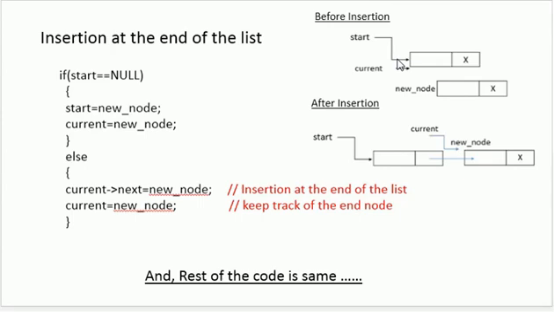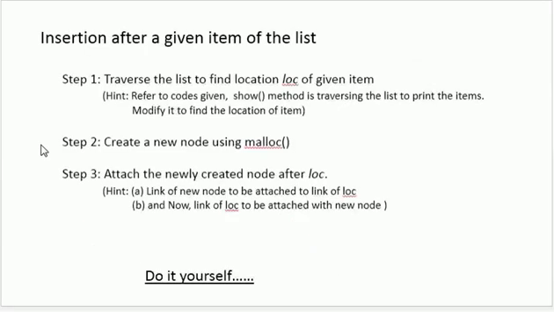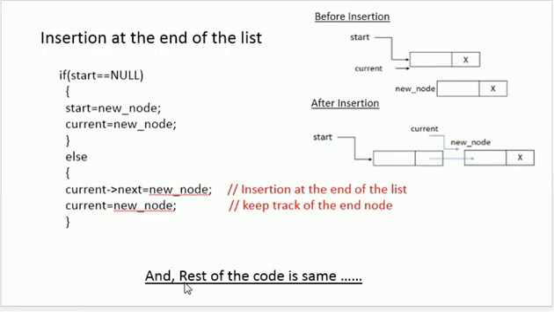Then after that, just to traverse this, that what is the current location of the linked list, we are going to maintain another pointer, which is the current pointer. So in current pointer, we are going to save the node which we are going to add now. We want to add something at the end of the list.